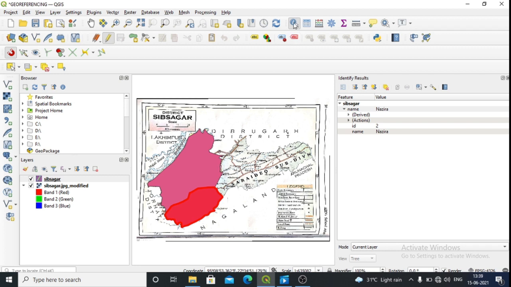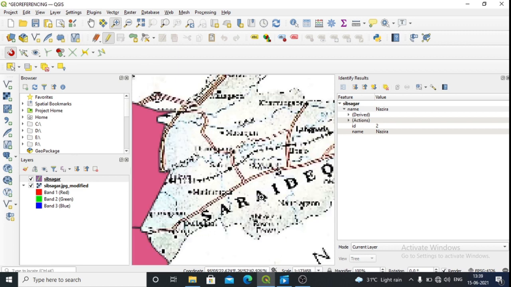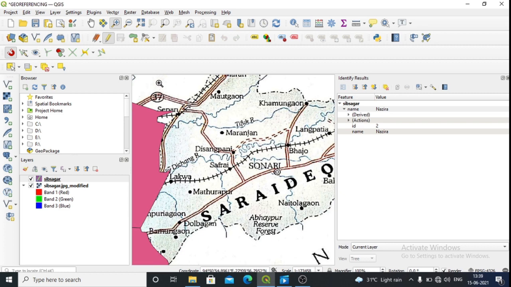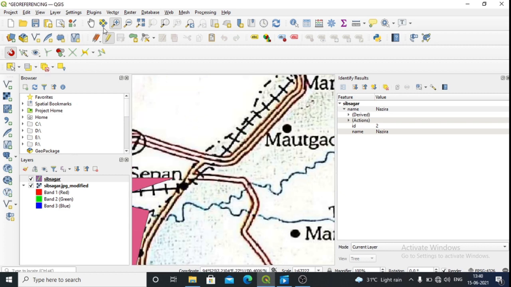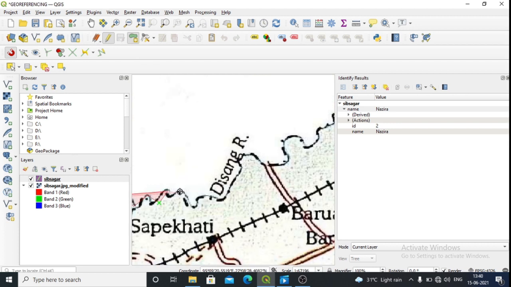Now we are ready to digitize our third part, that is the Soraido subdivision. So again what we will do, we'll zoom it. We are going to start from this particular area. Then select this polygon option.